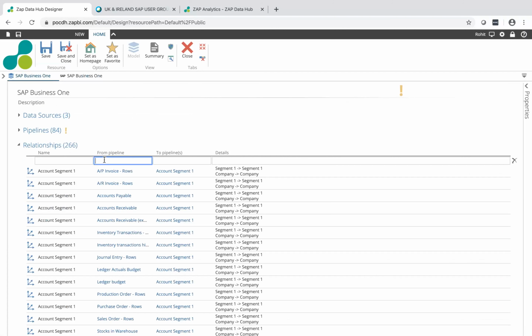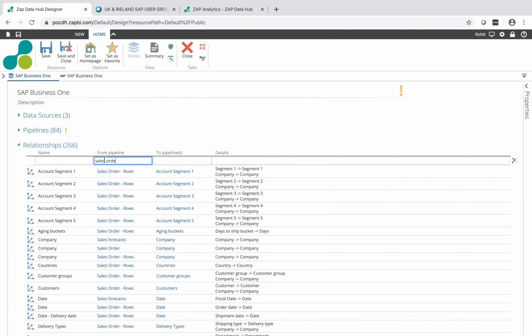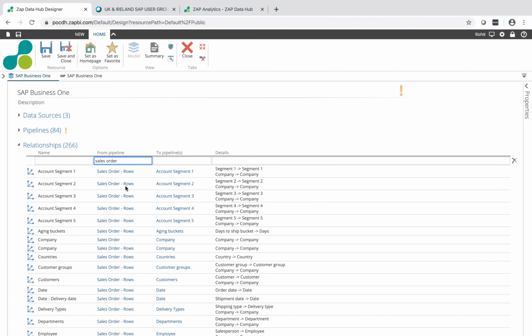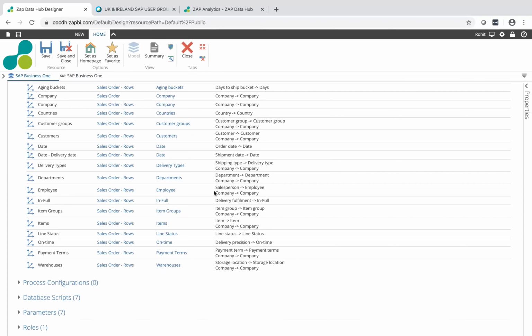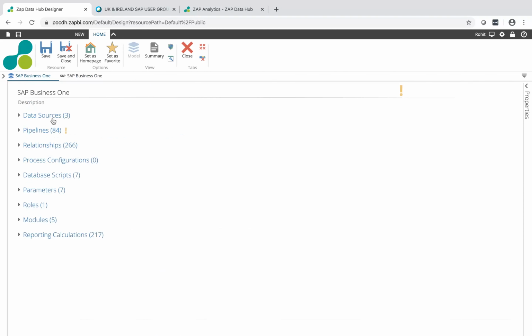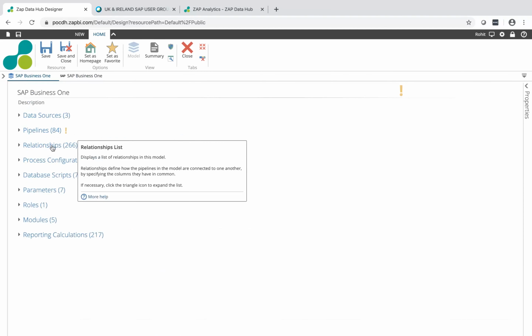So if I went into sales order, it'll tell me how sales order is connected to different areas within the system, and so on. So those three elements are about your integration and your modeling. You are building the data warehouse. Well, the data warehouse kind of automatically builds, but you're building the cube of that data warehouse. So that's the modeling part.